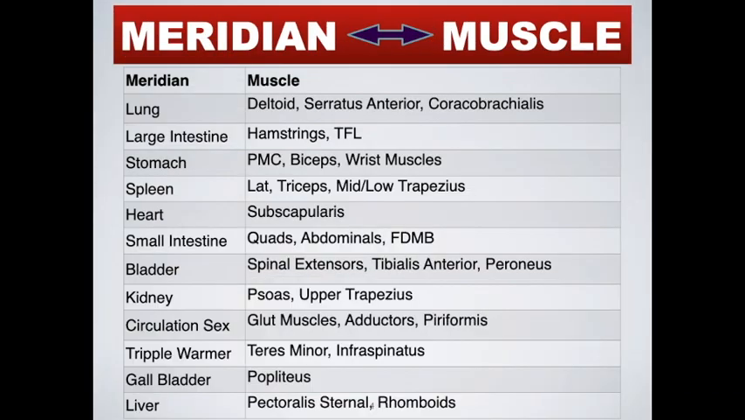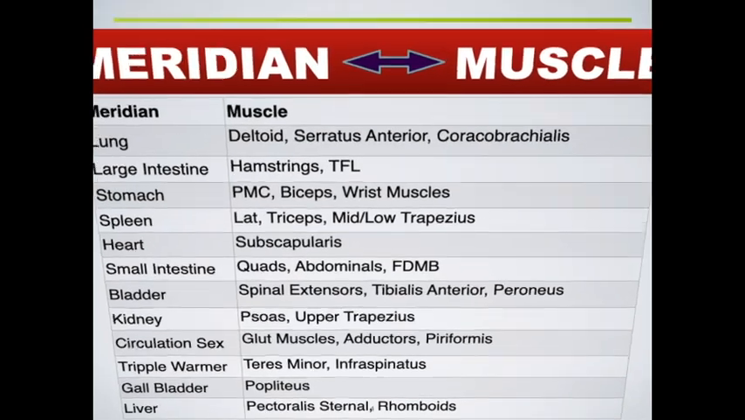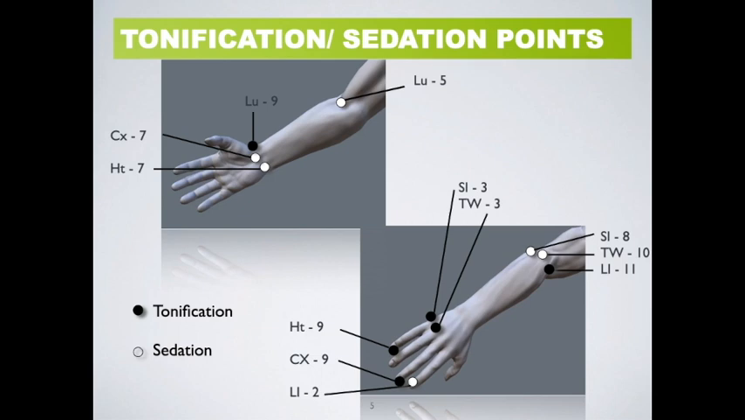This is kind of a quick view chart of the main muscles that are related to each meridian. We've gone over those. These are the tonification and sedation points. We didn't really talk much about sedation points, but these are points that will turn energy down temporarily in